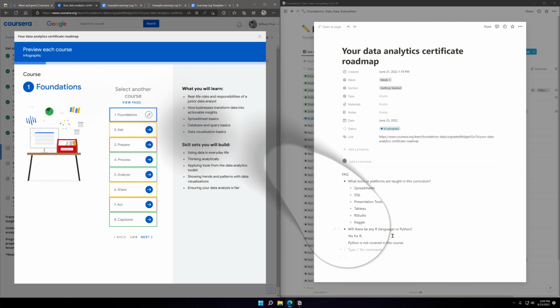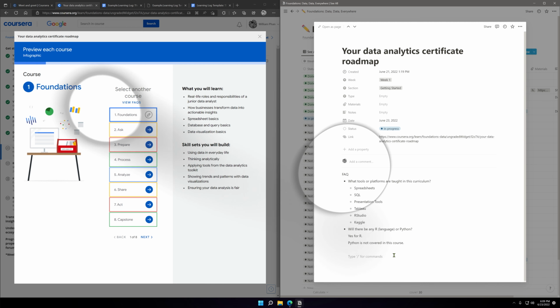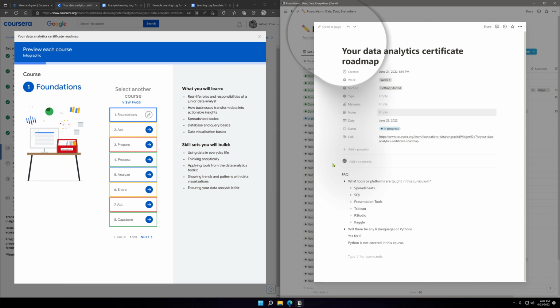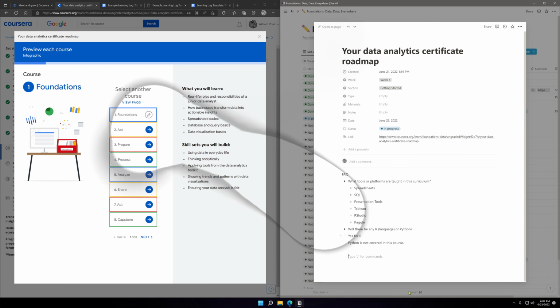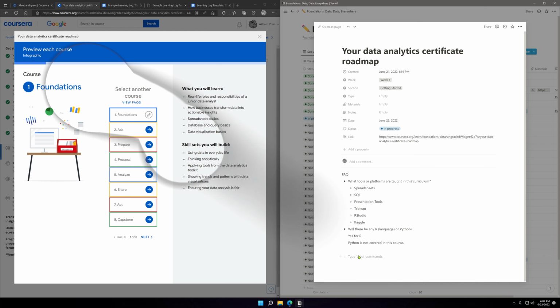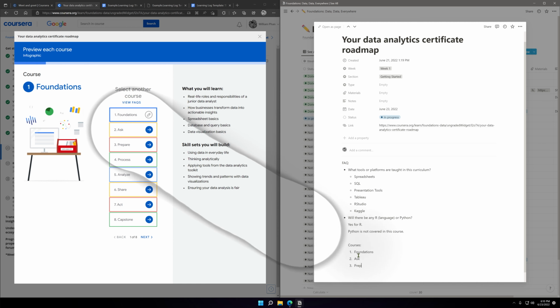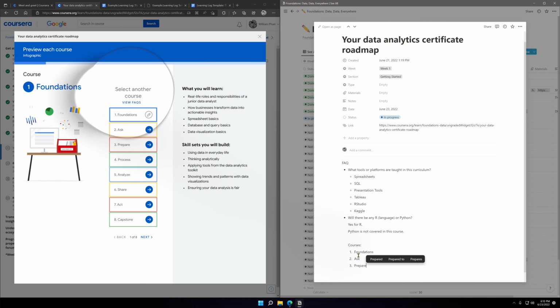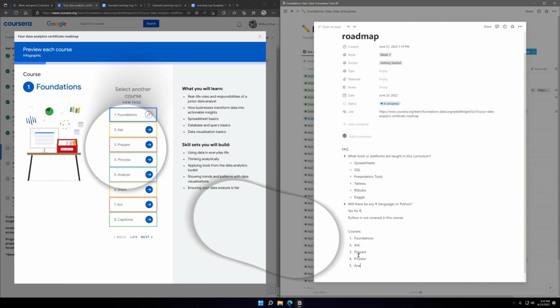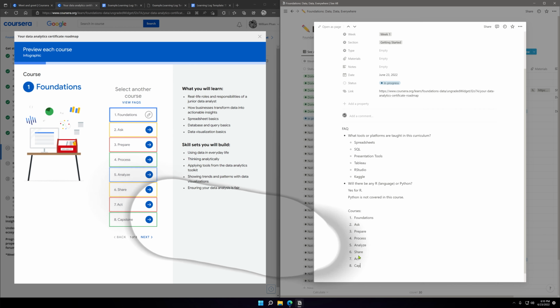I think what I want to explore now is to create a separate page within this page for each one of these and see how that works. So courses: 1, foundations, ask, prepare, process, analyze, share, act, capstone.